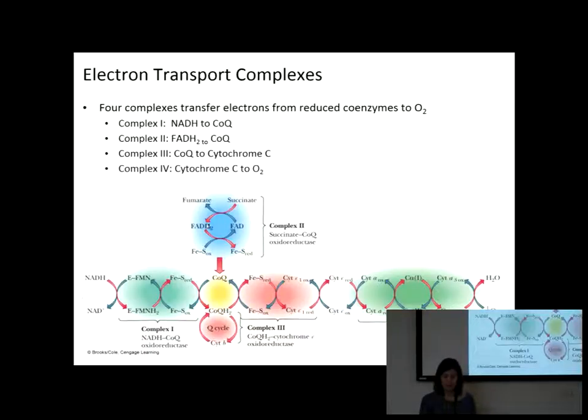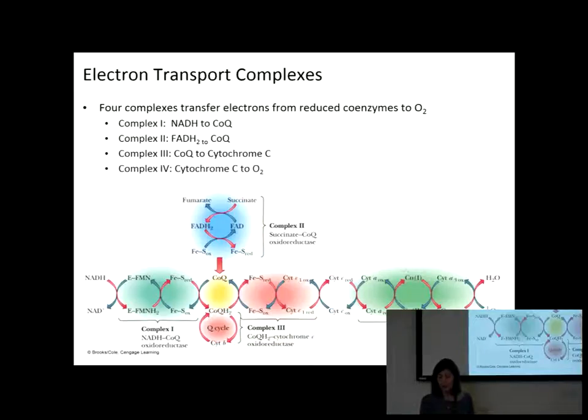Okay. Note that FADH2 is coming in from the succinate to fumarate reaction. So FAD is coming from complex 2. That gives electrons to the iron-sulfur center, again to coenzyme Q in that reduced form. That coenzyme Q is going to travel through the inner membrane and then hand it off to complex 3. That has more iron-sulfur centers that are a little bit different than these iron-sulfur centers to give it to cytochrome C1. Then it's going to give it off to cytochrome C plain, then to cytochrome A, then to